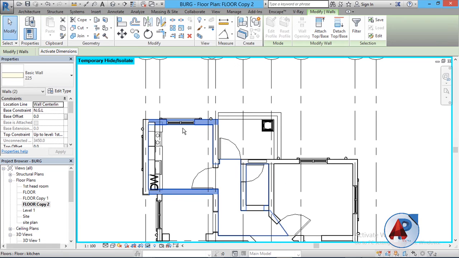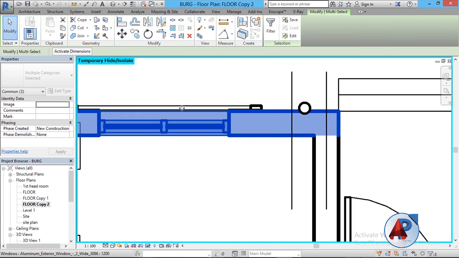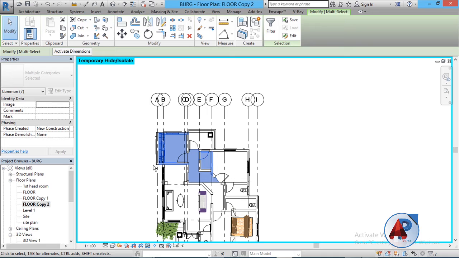But sometimes you need to zoom in in order for you to pick the actual element you want to pick. Because zoom really matters when selecting any particular element in Revit, I need to zoom in to check the particular element I want to select. That is how you can make a selection by control and select. I can pick this wall, I can pick this floor. So that is how you can make a multiple selection with control to add.